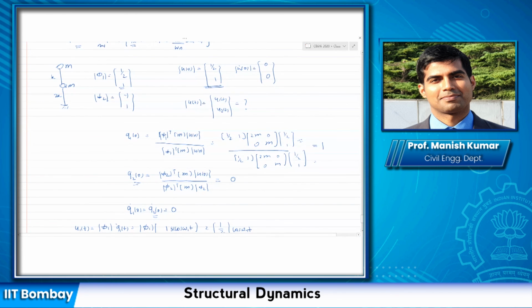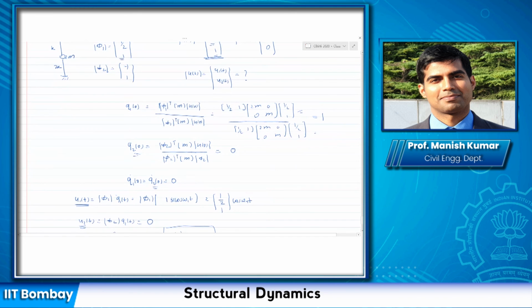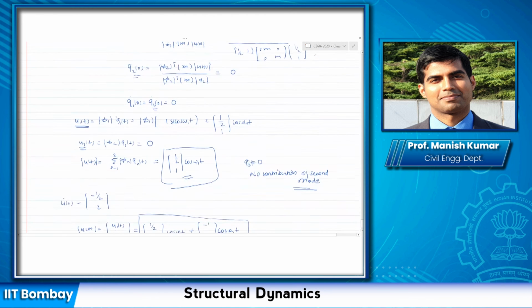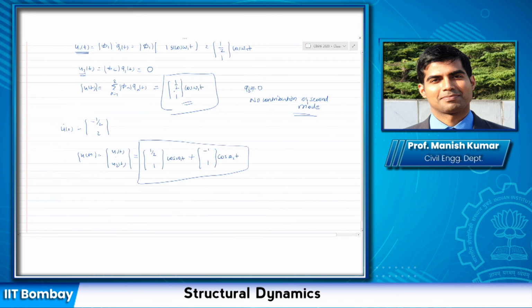Okay, and we said that if you provide initial displacement to a system in such a way, there exists a mode shape so that it would vibrate keeping the same shape and it won't have any response in the other modes. Okay, and that is what is happening here. If I give it initial displacement, which is one of the mode shape, there is no contribution of the second mode shape. It will keep its shape and it will vibrate and have harmonic response at degree of freedom 1 and 2 because it is of the form cos omega t.